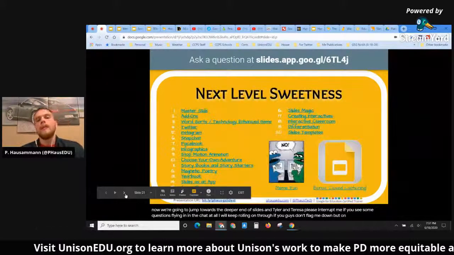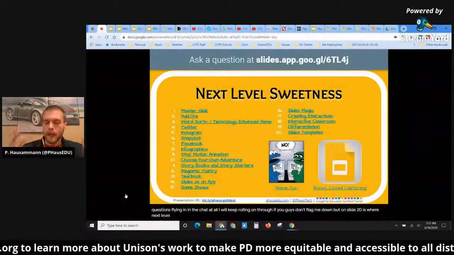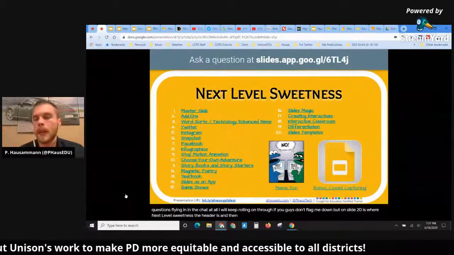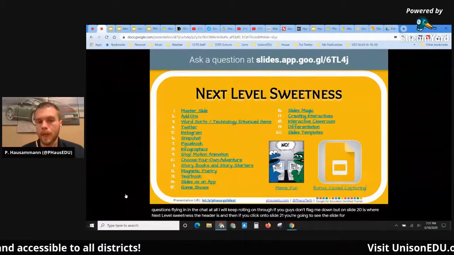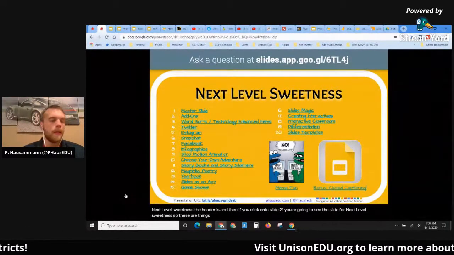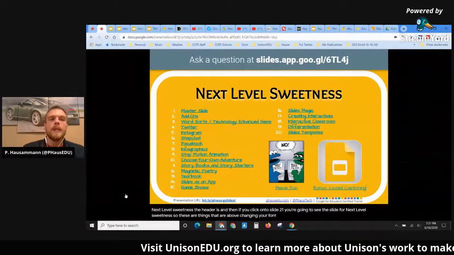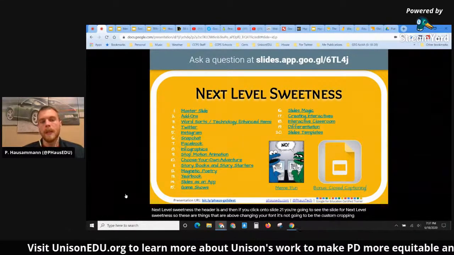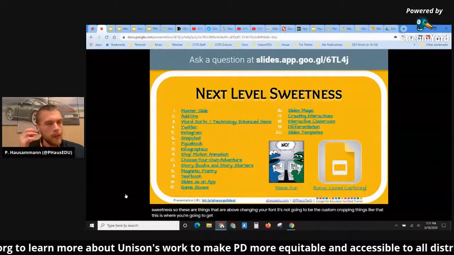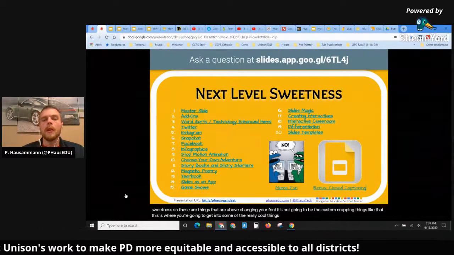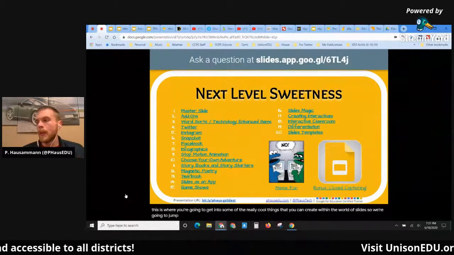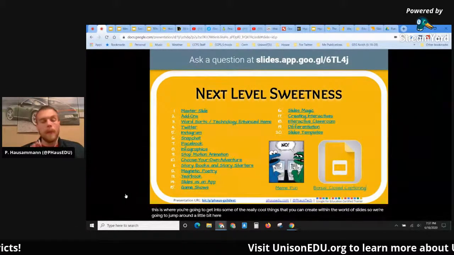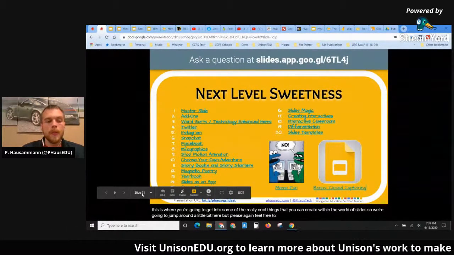But on slide 20 is where the next level sweetness header is. And then if you click onto slide 21, you're going to see the slide for next level sweetness. So these are things that are above changing your font. It's not going to be the custom cropping, things like that. This is where you're going to get into some of the really cool things that you can create within the world of slides. So we're going to jump around a little bit here, but please, again,